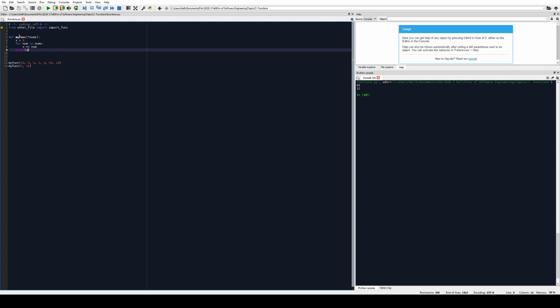Now, when I described this function initially, I said that it would return the sum. What does returning mean in the context of a function? We'll say return x, and we will say sum1 is equal to that, and sum2 is equal to that. Returning in the context of a function means you take something that was calculated in the function and you pass it back out of the function. Like you can pass an argument into a function, the return value for a function is what you pass back out of it. And usually we'll use that as an assignment, or we can say if myfunc